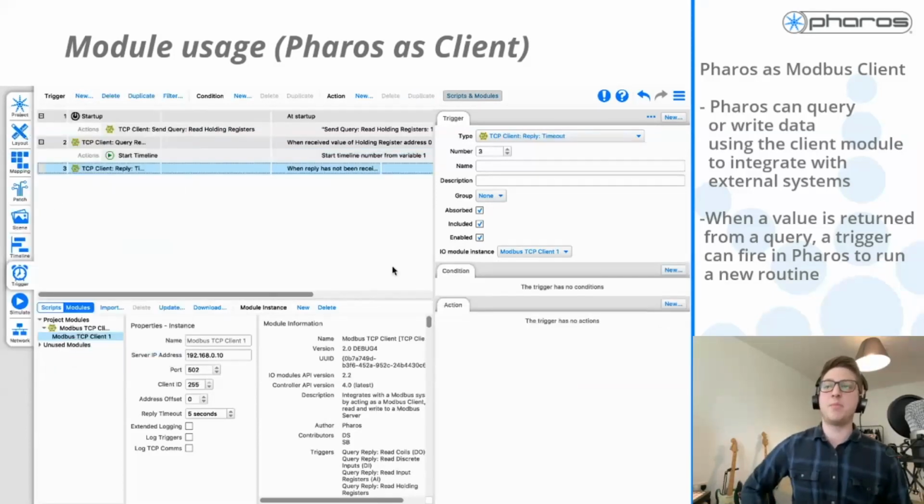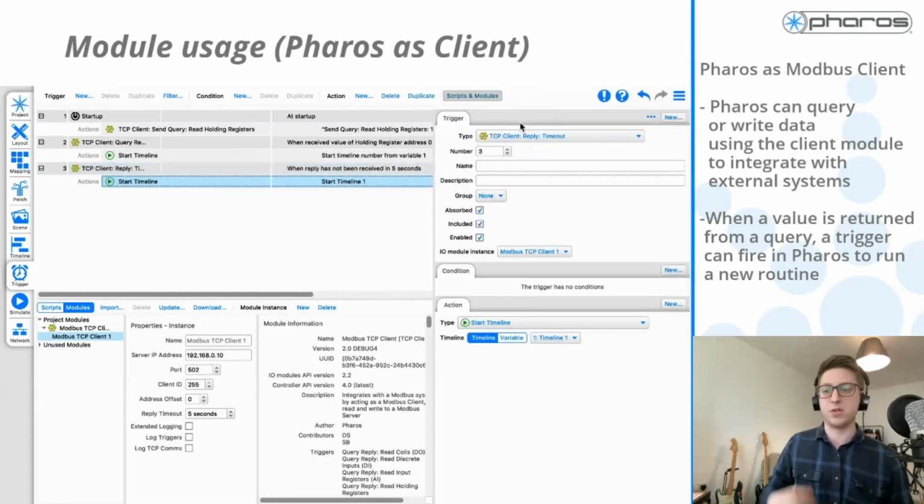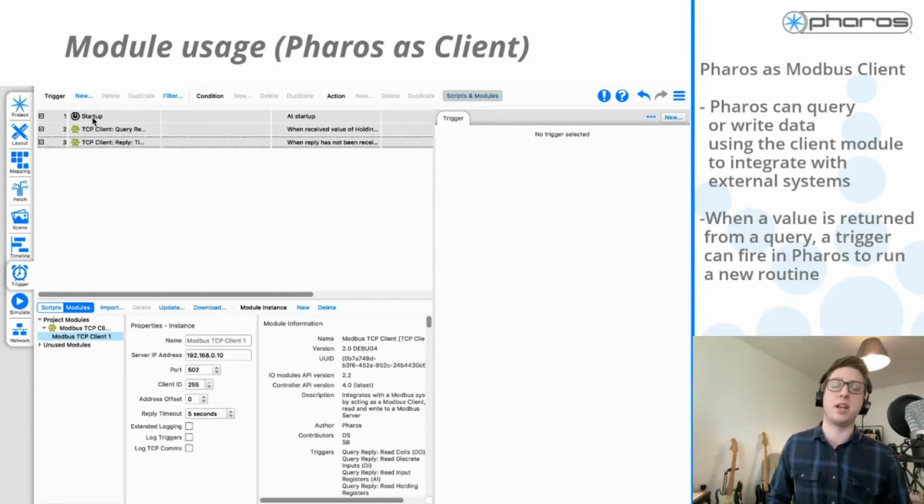So as I said before, if you send a command from a client device, from Pharos acting as a client device to a server-based device, and it fails to return any data, we have a trigger called reply timeout. Effectively, after a given amount of time, if we receive no response, we can either try to read the data again, or we can just go ahead and run another routine. In this case, I'm again just keeping it nice and simple for you, just running a timeline in case we